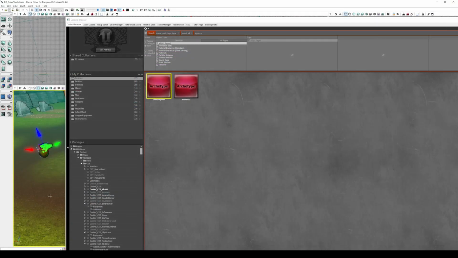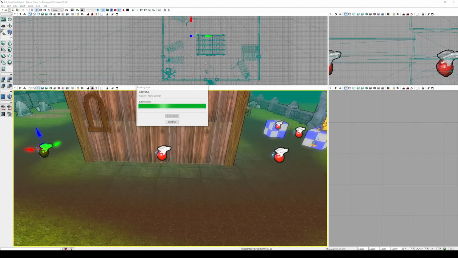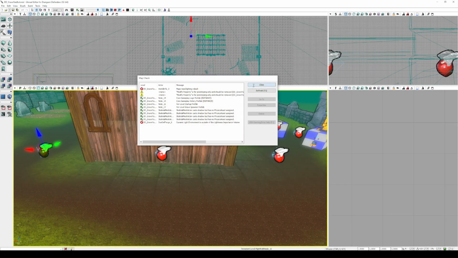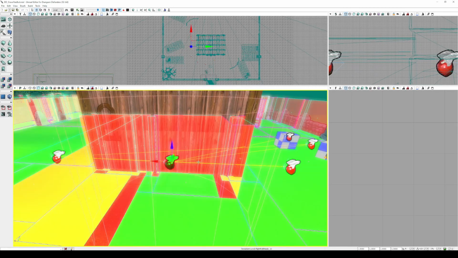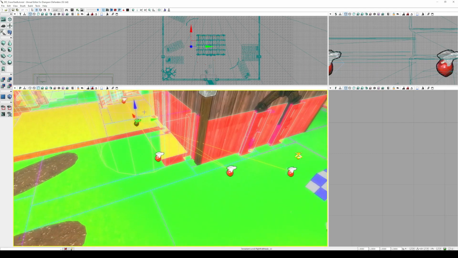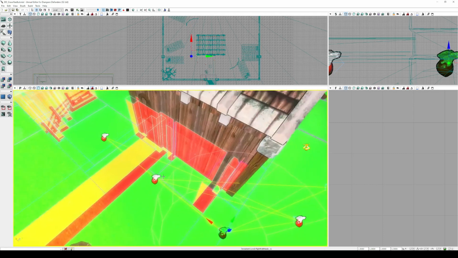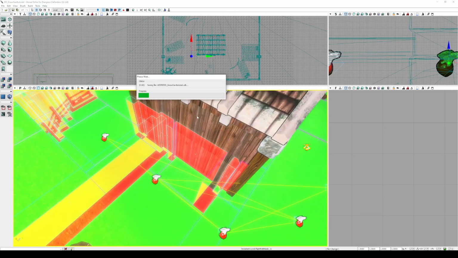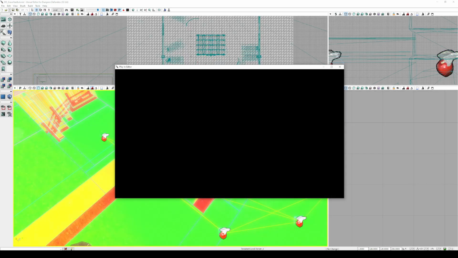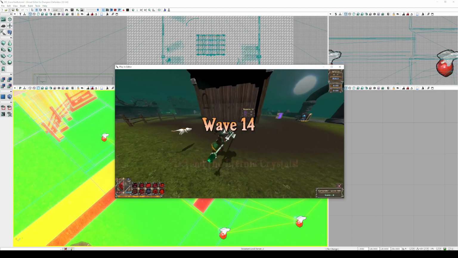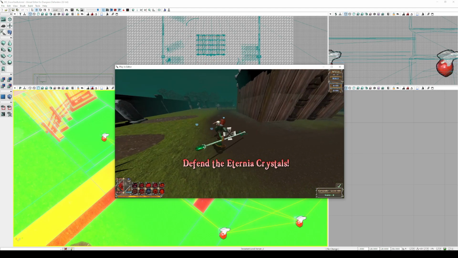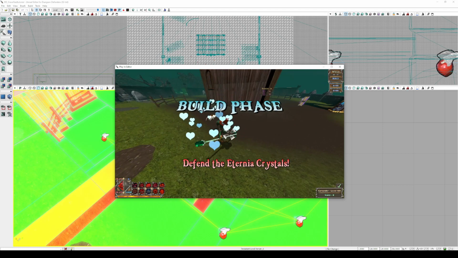Now, if I rebuild my pathing, which will take a little bit of time, in fact, I'll just cut here. So my pathing's just finishing up now. If I click P again, you can see that these lines form where the pathing nodes go. So I'm actually just going to click play from here because I've already got those wyverns set up. And we should see wyverns on this billboard over here. And if we press this G,